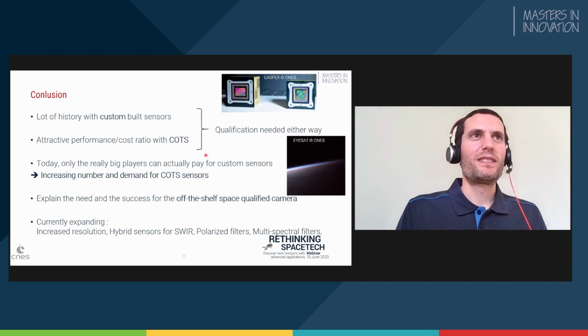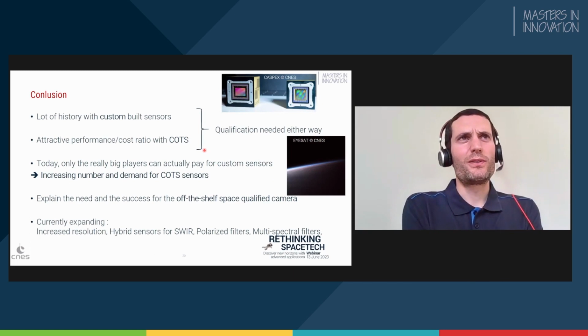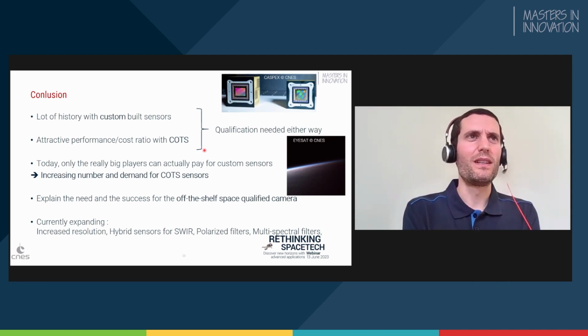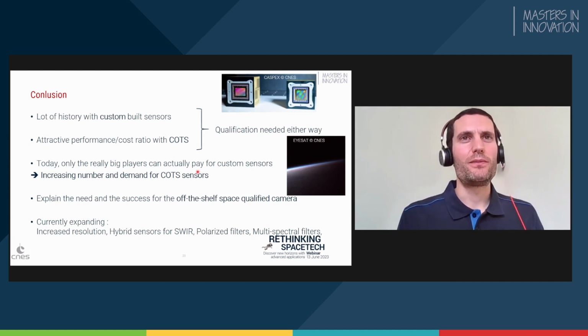In conclusion, I will say it's difficult to conclude, but we had lots of history in the CNES, especially with custom build sensor, and now the attractive performance and cost of the COTS make it very interesting. You will still need qualification either way, and especially with the COTS, you don't know will it work or not. And today, only the really big players, big companies, or actually states can actually pay for custom sensors, and that